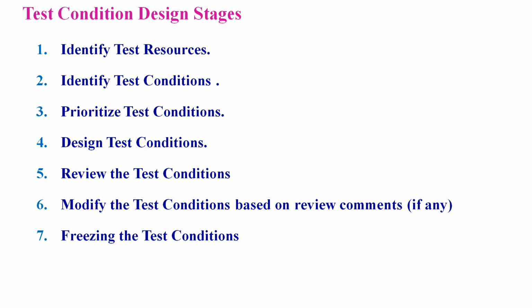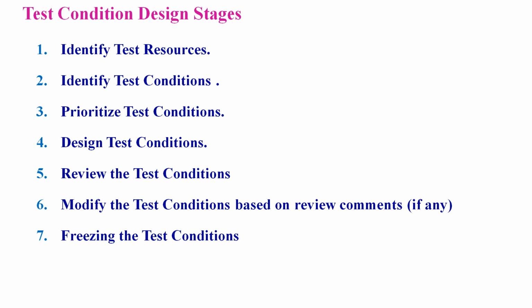For example, if for a particular requirement you are designing the test condition, you have to see the priority of the requirement. If the requirement priority is medium, for the same requirement the same priority will come into picture for the test condition. And then designing the test condition. After designing the test condition, obviously it has to undergo review. Each and every test condition has to be reviewed. Here again, reviews we have already discussed.